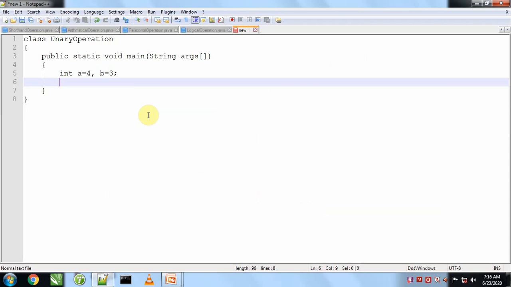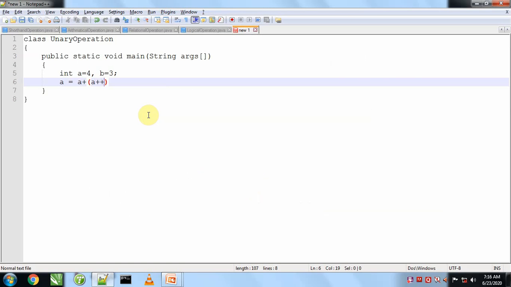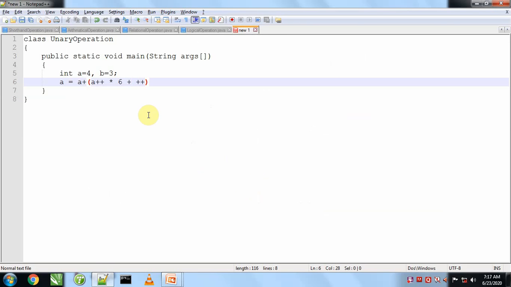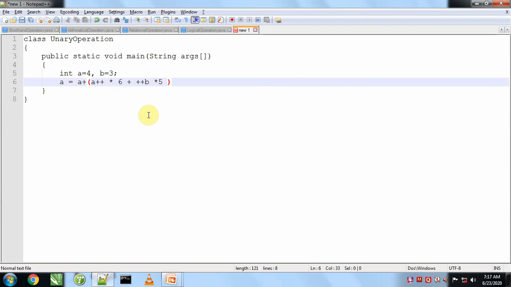After that we will solve this expression like this: a equals a plus, inside the bracket a plus plus, after that into 6, and after that plus plus plus b into 5 plus 10.